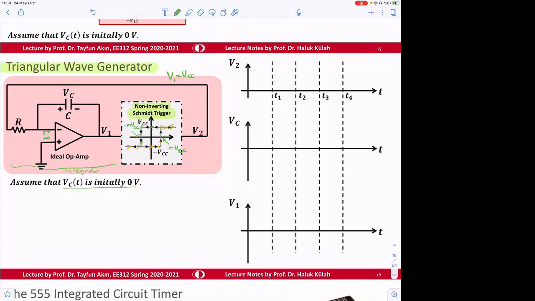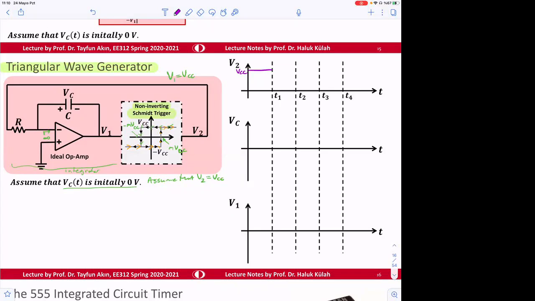That's typically what we do. And assume that V2 is plus VCC. So if V2 is plus VCC, we can maybe start like this again. This is VCC. And then check what is happening with this circuit. So if V2 is VCC,